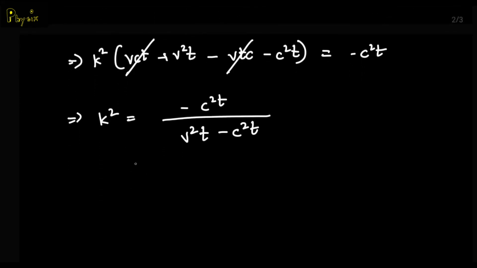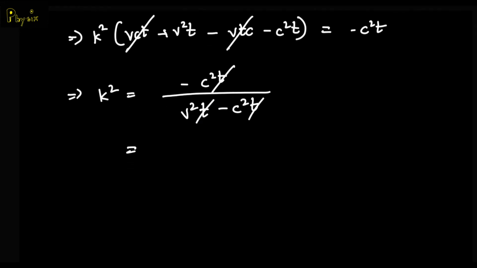And using some further simplification, we can cancel these t's off as they are common factors, and we could write k squared as negative c squared over v squared minus c squared,